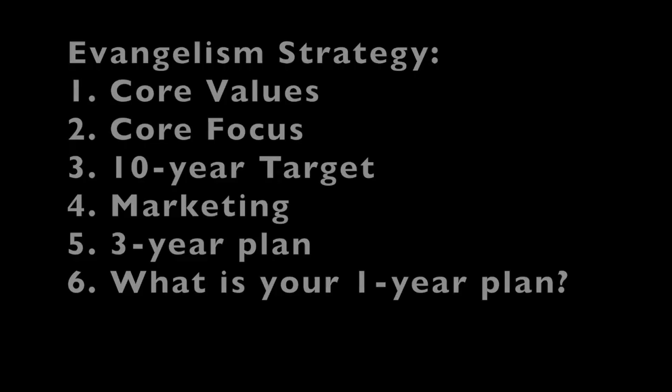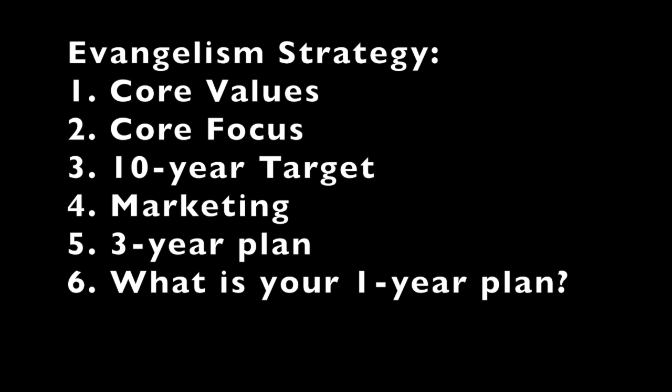Then, number 6, what's your 1-year plan? Less is always more. Most companies make this mistake of trying to accomplish too many objectives every year. If everything is important, then nothing is important. Decide on those 3 to 7 most important priorities that must be completed this year in order for you to be on track for your 3-year goal, and then put that in this picture of 1 year. An outsider should be able to read this goal and know exactly what it means. Does your budget support these goals?